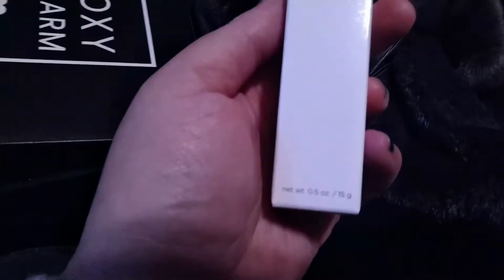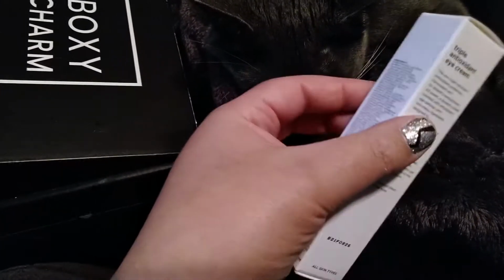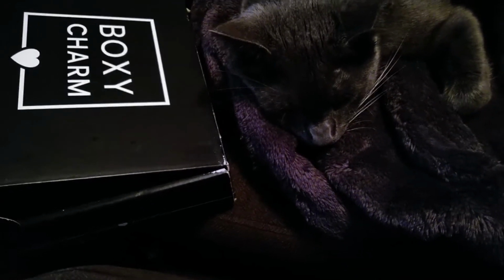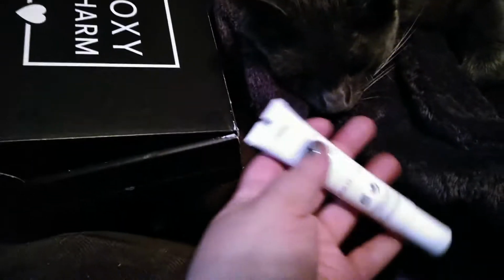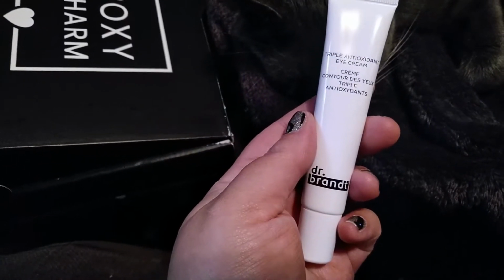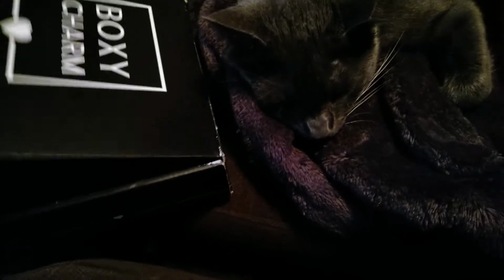The next thing is Dr. Brandt eye cream. Cool. Okay, I like Dr. Brandt, but I don't think they're cruelty-free. So I do think their products are very good, but I don't think they're cruelty-free. So I normally don't buy from Dr. Brandt. That's a pretty decent size eye cream. So there's that, and then the next thing in here is